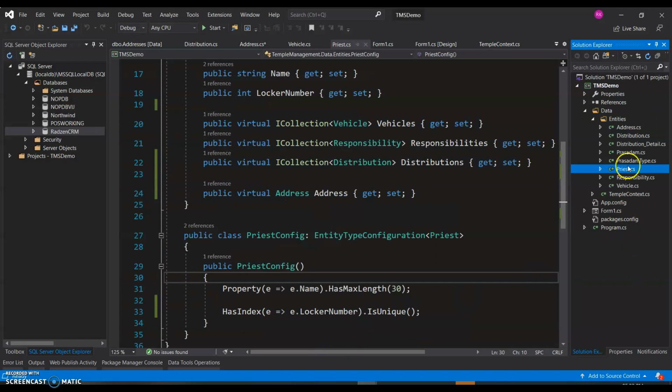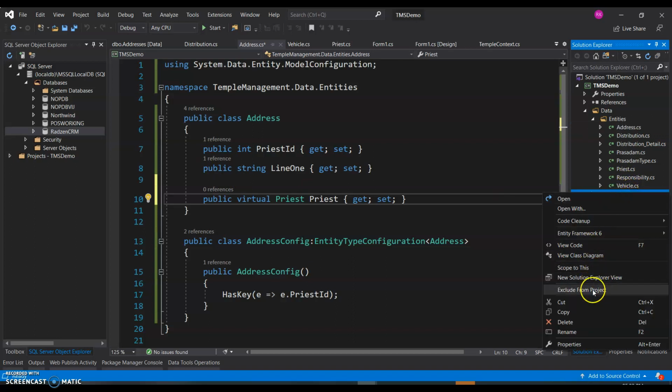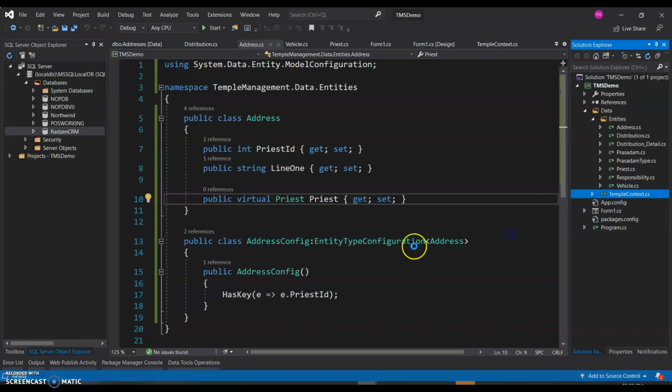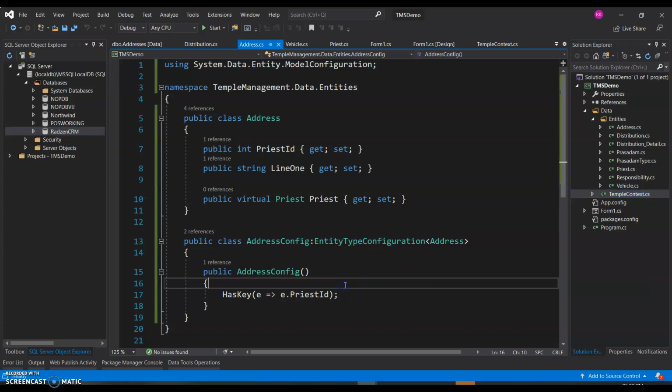right now what I have added is an address entity, intentionally for this demo. Again, this is something we can store instead of making this a one-to-one. So what I am trying to do is to make the address and priest a one-to-one. So let me just show you here. Oh yeah, it would be a problem here. I'll tell you why. Anyway, we'll get back to that.